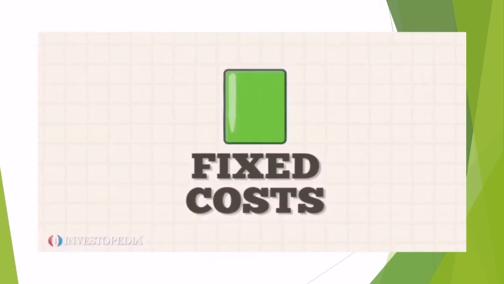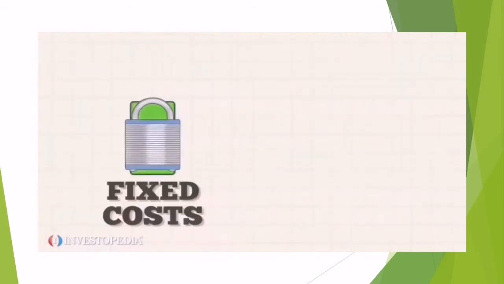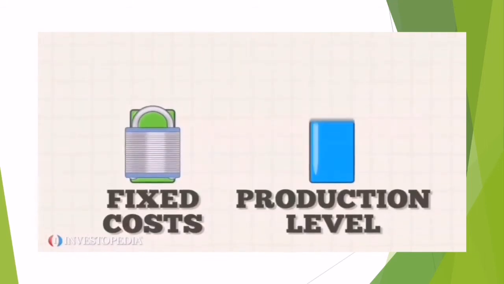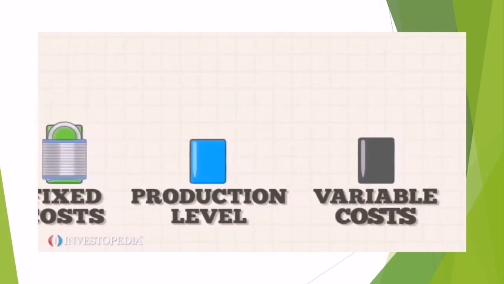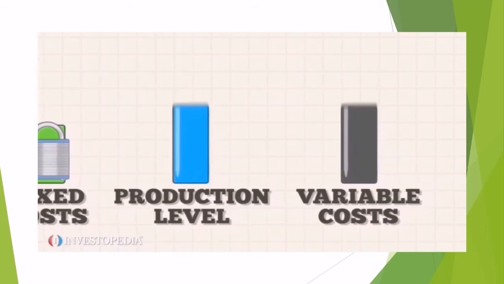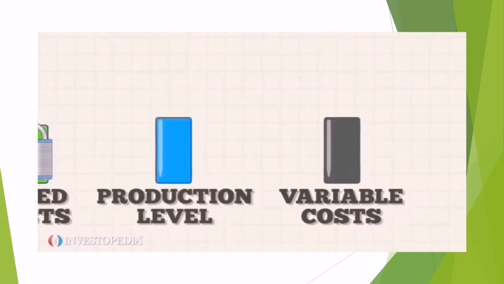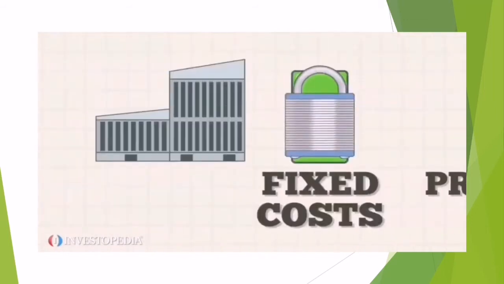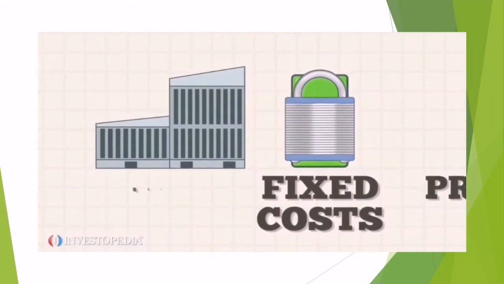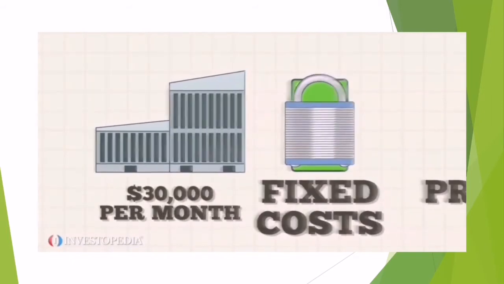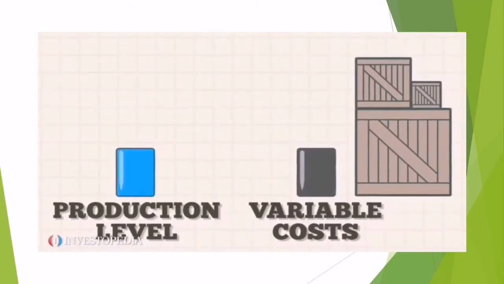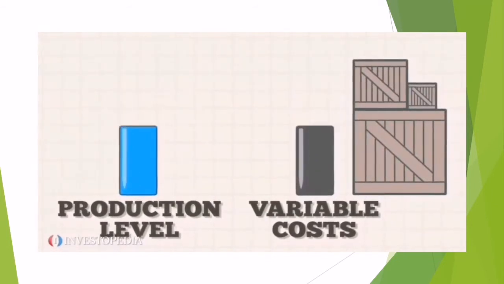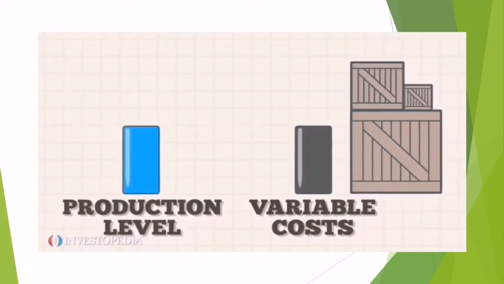Fixed costs are business expenses that do not change as the level of production goes up or down. They are one of 2 types of business expense, the other being variable costs. Variable costs do change as the volume of production changes. For example, a lease on a building is a fixed cost because the monthly rent is the same regardless of production. Raw material costs, on the other hand, are variable costs because increasing or decreasing production requires an immediate change